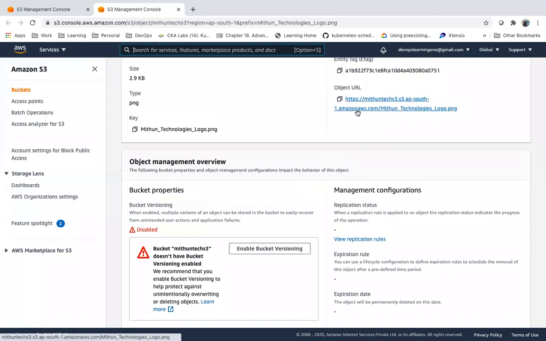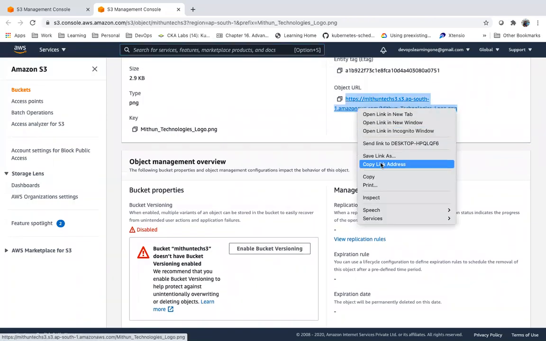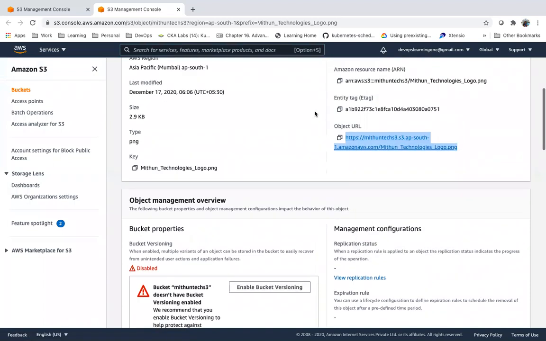If you see, this is the object URL which we got for this object from S3. If you have the URL, you can access this from anywhere.